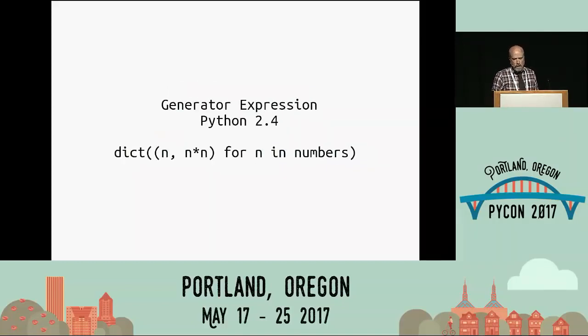When generators came along in Python 2.4, at least you could take the square brackets off, but you were trading one inefficiency for another. With a generator, you're not having to create an intermediate data structure, a list, but you're constantly having to thrash between running another bit of bytecode or C code in the generator and then running another little bit of the dictionary's init logic to absorb, item by item, the tuples that were being generated. You're still creating and freeing tuples, and you have the disadvantage of swapping between two different call stacks. So it often wound up not really being any faster, though it was more conceptually convenient, and saved a pair of brackets.